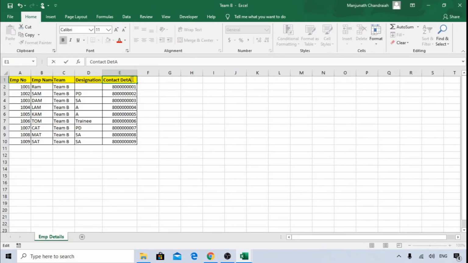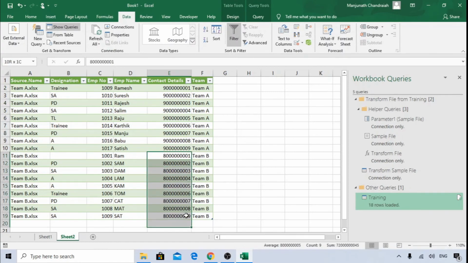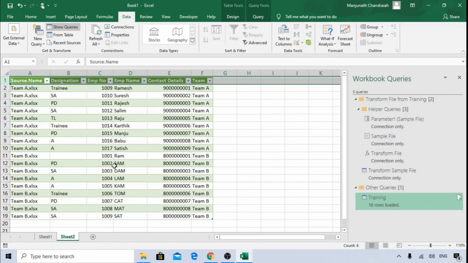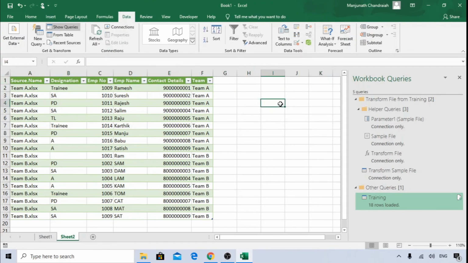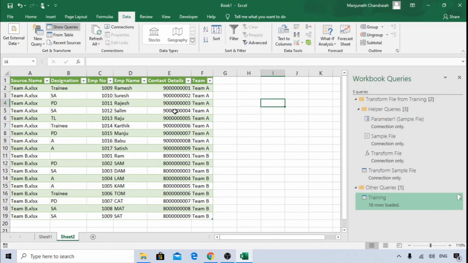to keep the headers exactly the same. So now you see I'll save this again, refresh. Now it is taking the data. So very simple, and there are a lot of limitations, but if your data is constant, the header is constant, and the file name is the same, there is no need of using any macros. You directly use this option called Data, Queries, From File, From Folder, and just go ahead and select the path, and you can just click a button. You'll get your data, and it is constantly updated when you refresh the data if somebody goes and changes something. So very simple, it's a useful function.